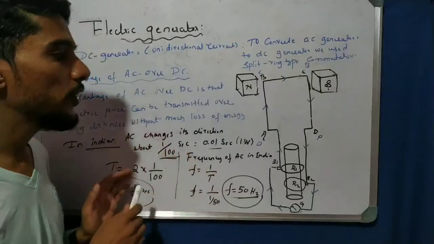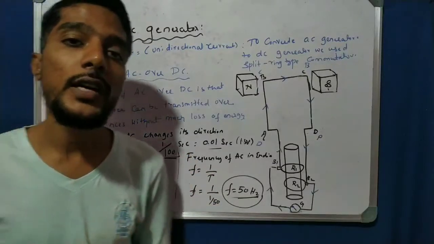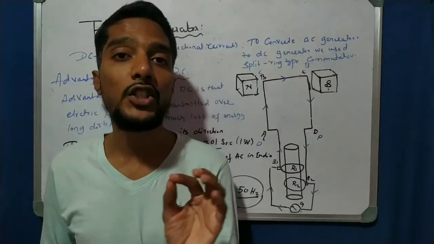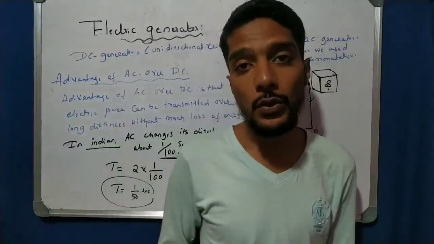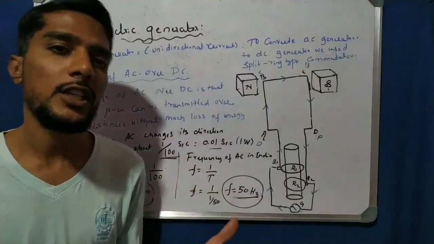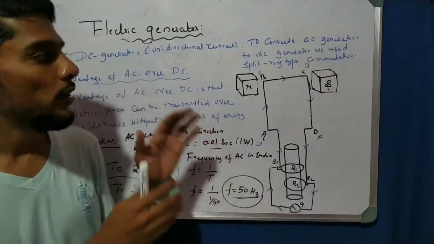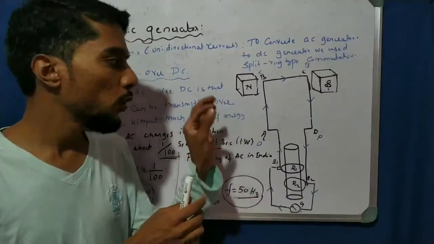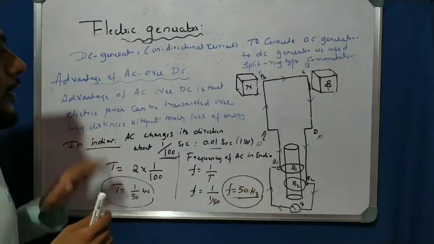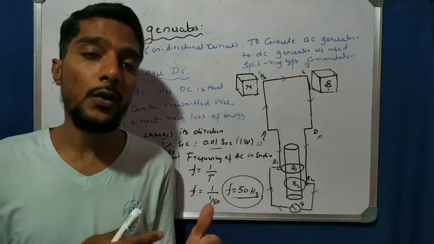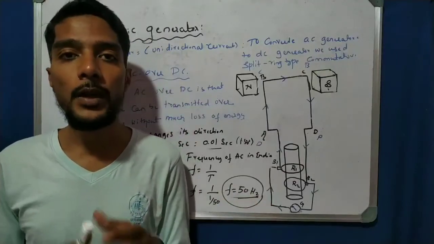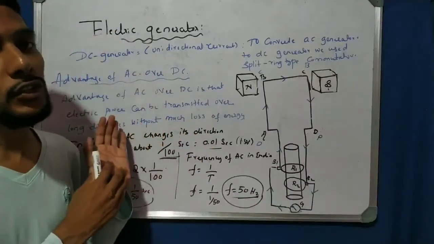So student, for this video it is enough. In the next video we take the last point of this topic, commercial and domestic electric circuits. In the next video we take the last concept, domestic electric circuits. So for this video it is enough. Take notes of all these things, and if you do not understand anything, reverse the video and rewatch it. So this is the concept of the electric generator.